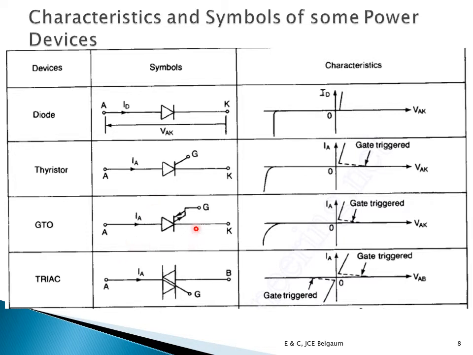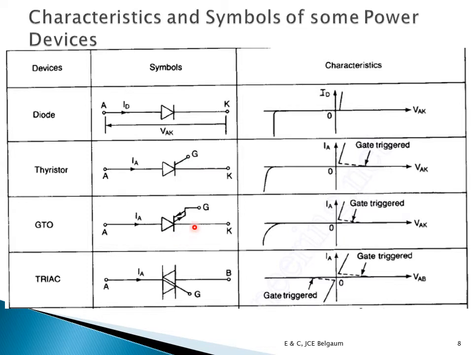Next is the GTO, and the GTO is very similar to the SCR. Here you can see that there are two gate currents. The gate current normally given to an SCR is, if I want to turn it on, I give a positive gate current. Positive gate current means the current enters the device. If I give a gate current, it will turn on. Once it turns on in this state, if I remove the gate current, it will continue to remain on, because it is already forward biased. So this acts like a trigger, but once it triggers, it loses its control.